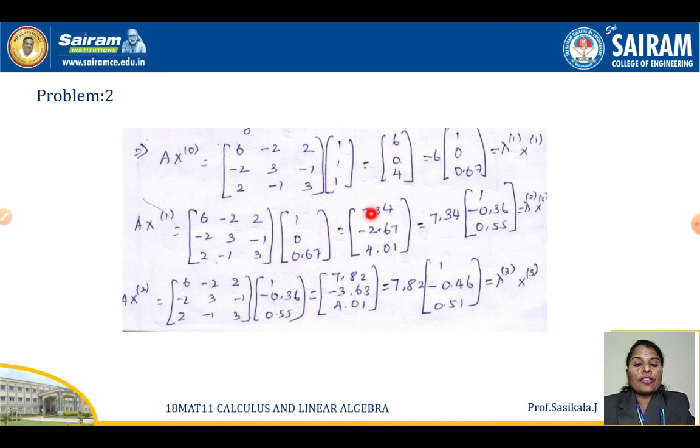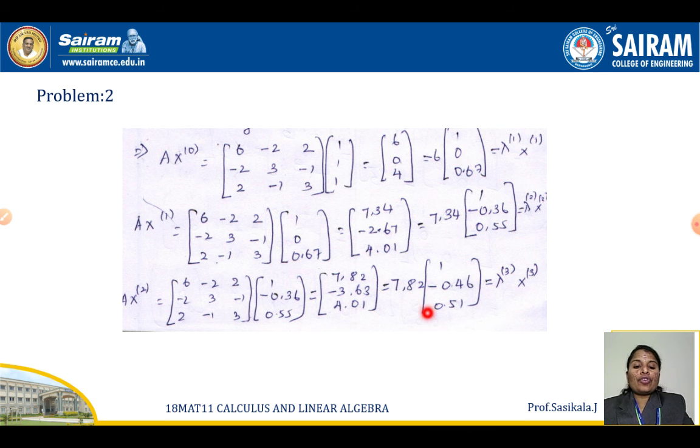See, when the minus is there, you're supposed to be very careful. You're supposed to take it numerically large. So when you take out the numerically largest, you don't need to convert this or consider the minus sign; whichever is the highest, you have to take out that term. Only the numerical terms. So lambda will always be a positive one. Eigenvalues. So 7.34, minus 2.67, 4.01. Okay. So now you will have the highest 7.34, 1, minus 0.36, 0.5. Again, obviously, you have to go to the next iterations to get a better solution.